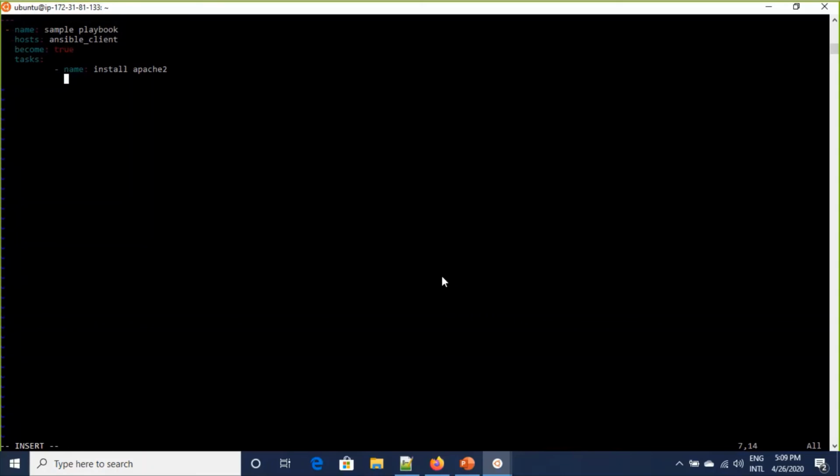Then we give the command we need to execute: apt, update_cache yes. So this is basically saying that if the required packages are not updated, just update them in that slave node machine.